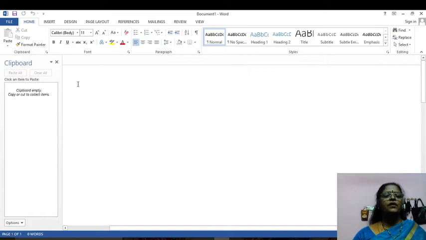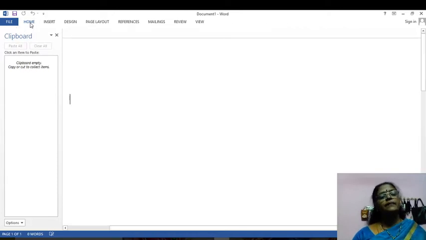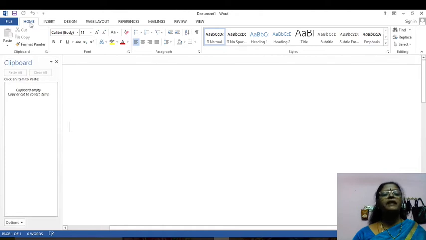So first of all, this is called the quick access toolbar. This toolbar is called the quick access toolbar, and another name is the ribbon. If you want to type on a very large page, you want to hide this ribbon. Just double click the Home tab, and the ribbon will be hidden. Again, when you want to use some of the tools, just double click the Home tab, and the ribbon will come back.